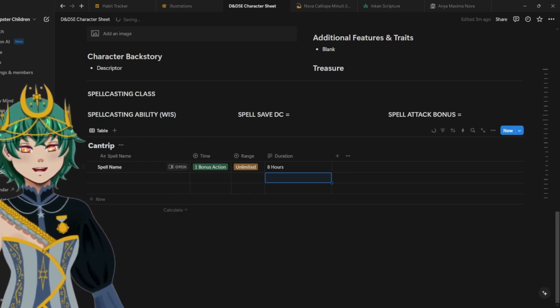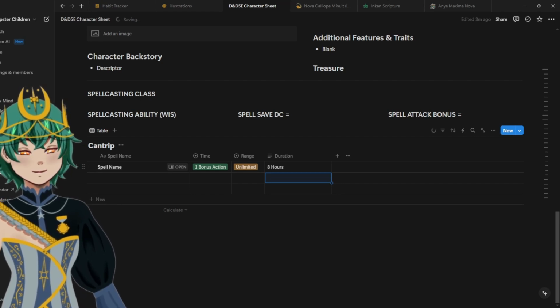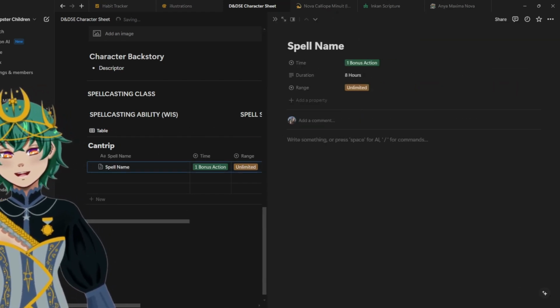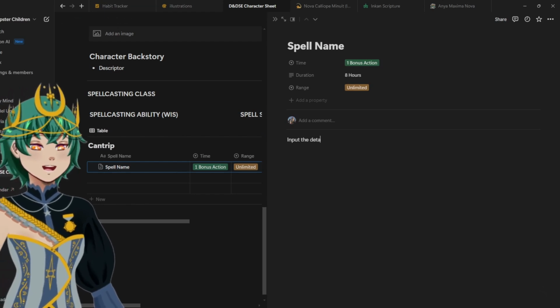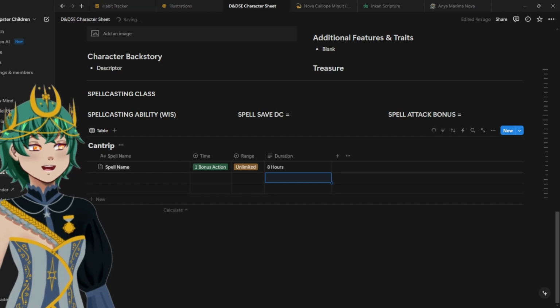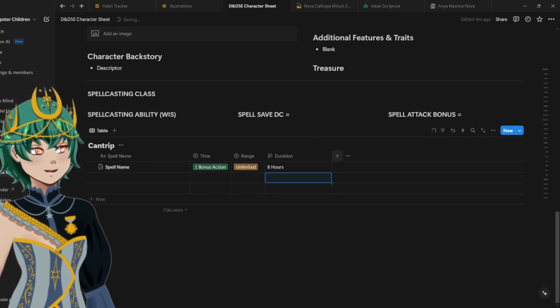And then on here on spell name, you can see there's a button here that says open. And this is where you can input the details of your spell. And another property I add, click the plus sign here,